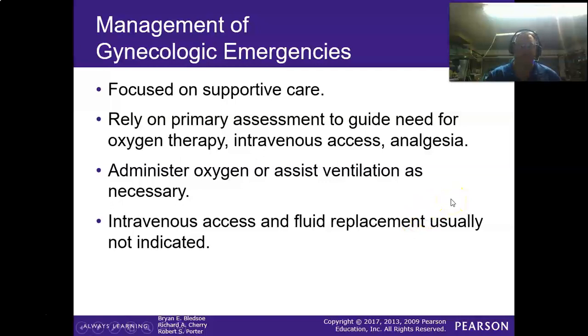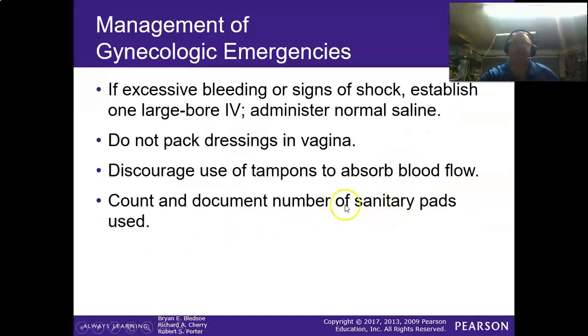Again, your IV fluid therapy and replacement is usually not indicated unless they're showing severe signs of shock. Then I would say, and even then, you're replacing salt water. What they really need, if they're in that much of a shock state, is probably blood. If there's excessive bleeding, we use 1 large bore IV, administering normal saline,